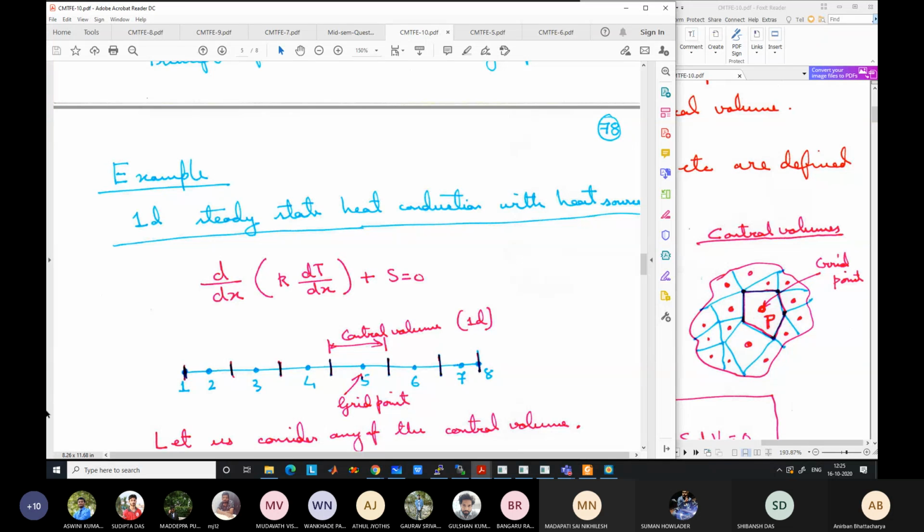Okay. So for this again, let us go back to our 1D steady state heat conduction with heat source. Primarily this will be our first equation, and this is a representative equation. Although we are using it for heat conduction, this represents any of the equations of this form where you have a diffusive term. It can be, say, diffusivity of species or diffusion of momentum, for example viscosity, and some source term is there. It can be heat generation or some chemical reaction which is generating some chemical species, hydrogen and oxygen combining to form H2O. So this can be an equation for concentration of H2O, similar to that.